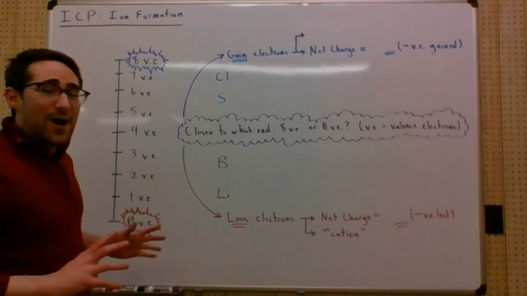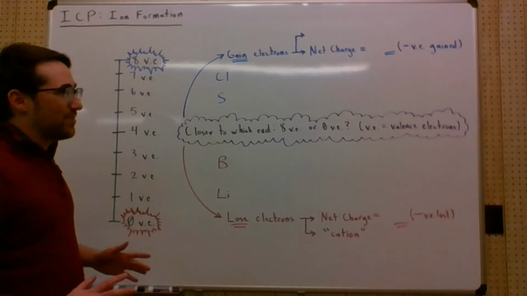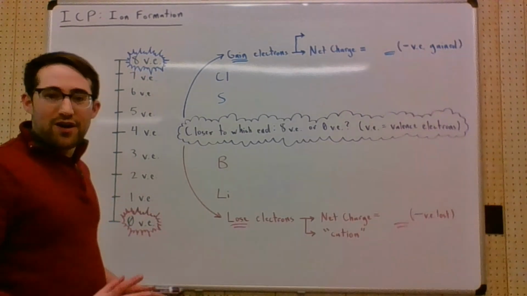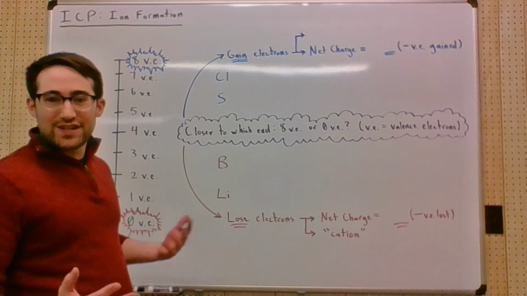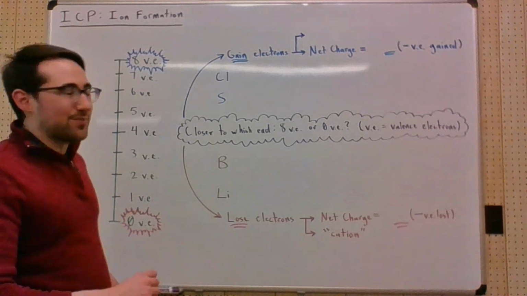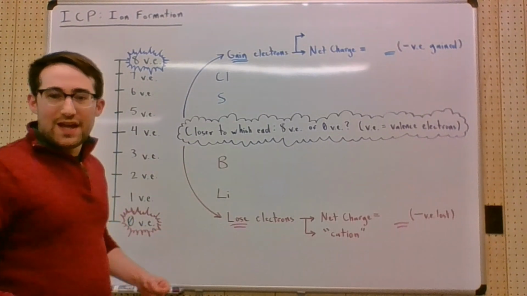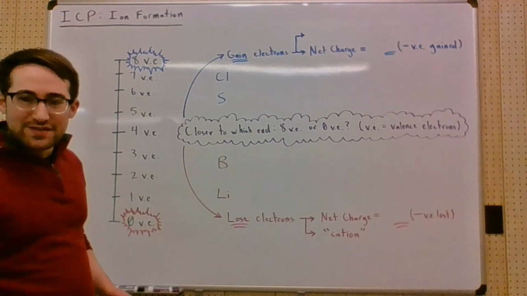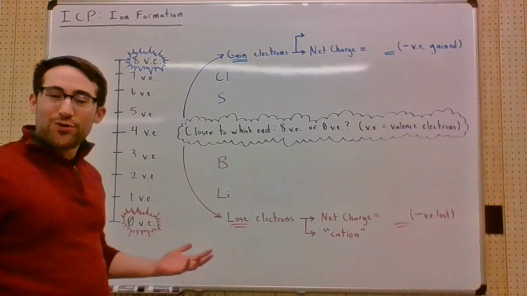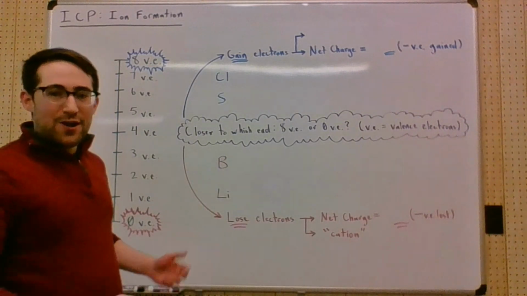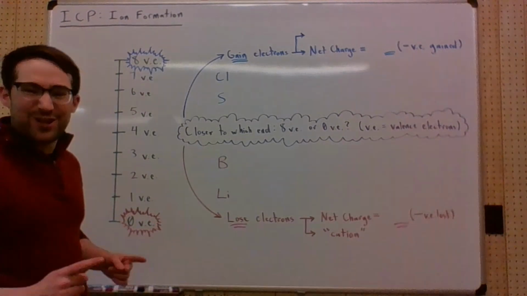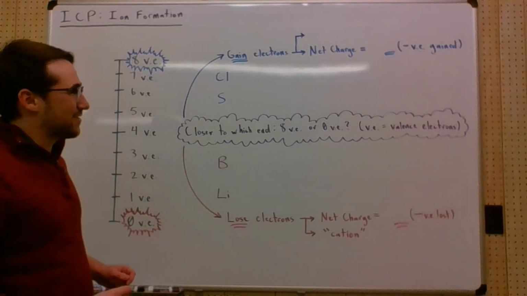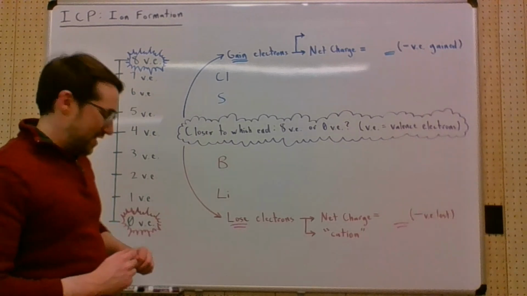Okay, so up to this point, we have assumed that all the atoms that we deal with are neutral. In other words, they have just as much positive charge as negative charge. If an atom like chlorine has 17 protons, it's got to have 17 total electrons to go with that. But when we're looking at atoms collecting electrons, we're specifically looking at valence electrons. So for something like chlorine,